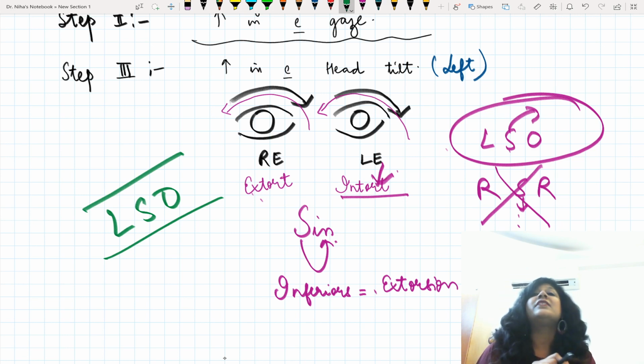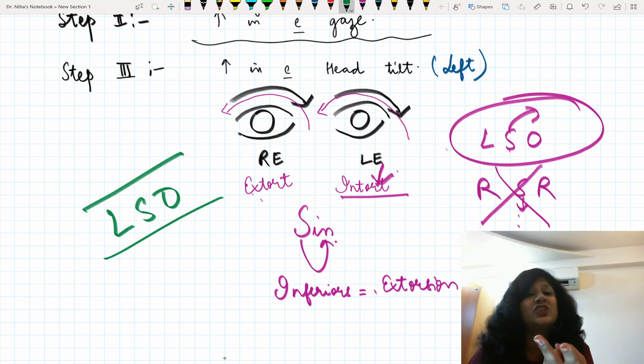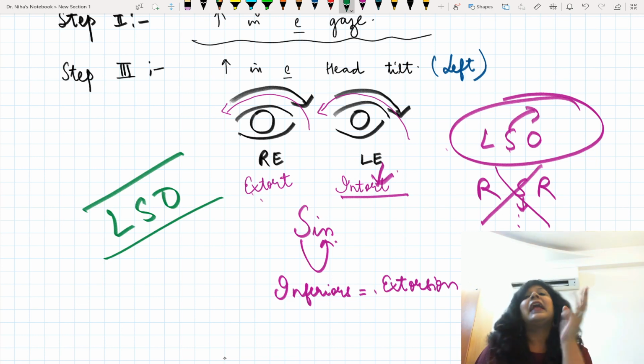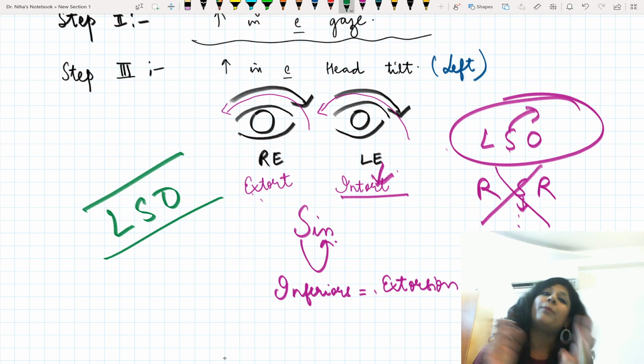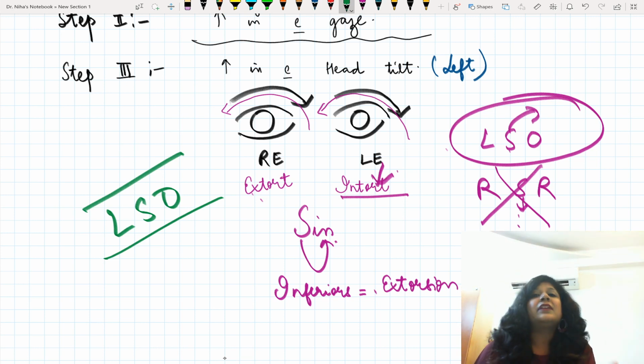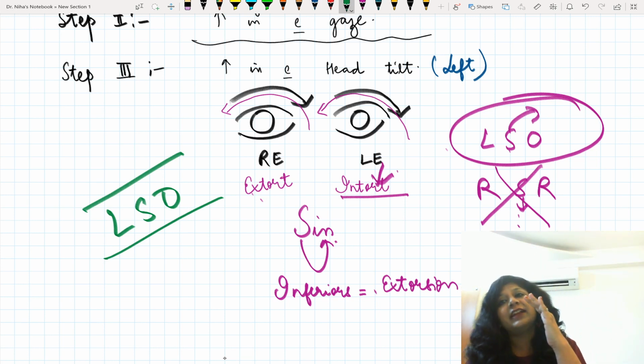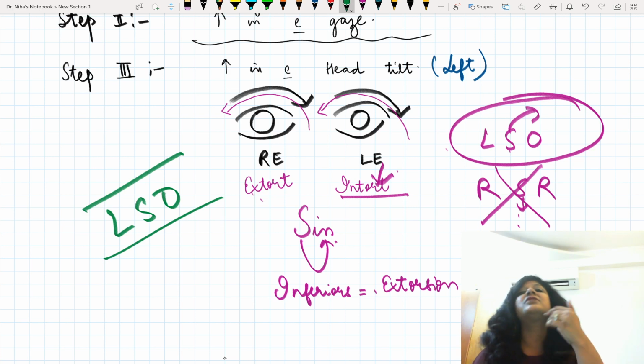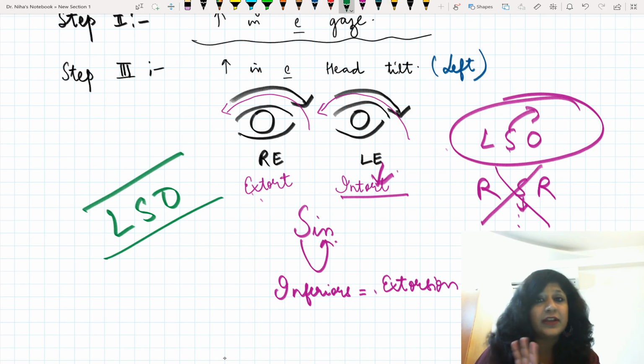So first thing, always see which eye is having hypertropia. So what will happen? Depressors of that side or elevators of the other side, right? Then go with the second step: it is increasing in which gaze? And third, it is increasing in which head tilt. If they have already given you the head tilt, you have to take the opposite one because that is a compensatory head tilt. If they are saying that it is increasing in that head tilt, then you have to go with that. But if they say that the head is tilted towards this side, that means it is decreasing on that side. That is why the patient has adopted that head tilt. So I think now it's very, very clear.